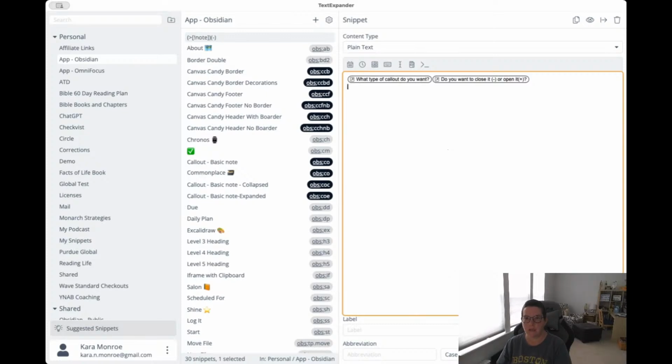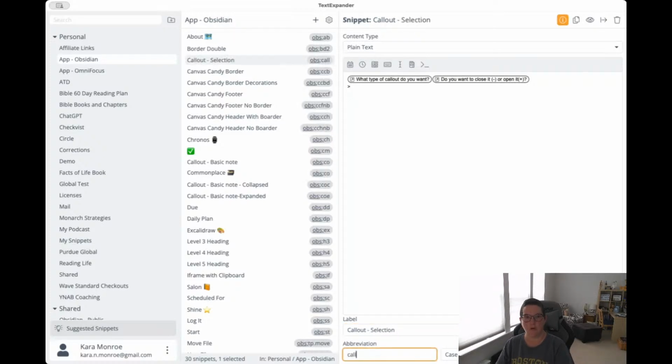And then I'm going to hit enter here, and I'm going to put in a line of text and a note that that's where I want my cursor to be. Typically I don't find that you have to tell it where to put the cursor. It will put the cursor in the last place it was after you fired the note. If that for some reason doesn't work, then we'll keep troubleshooting, but that seems to work. So this is going to be callout selection. And the keyboard for this is going to be call.